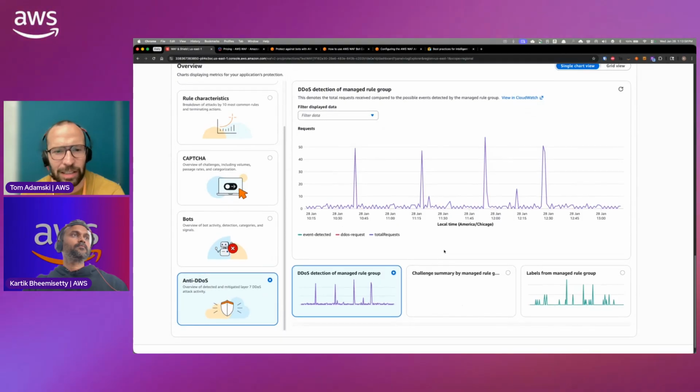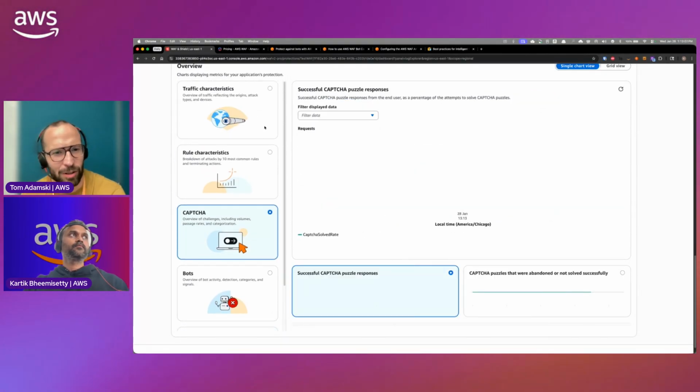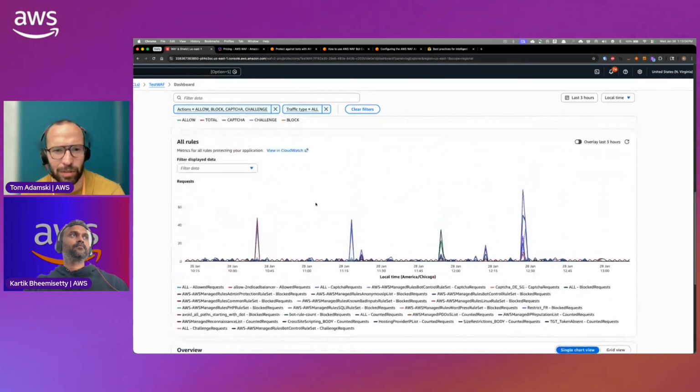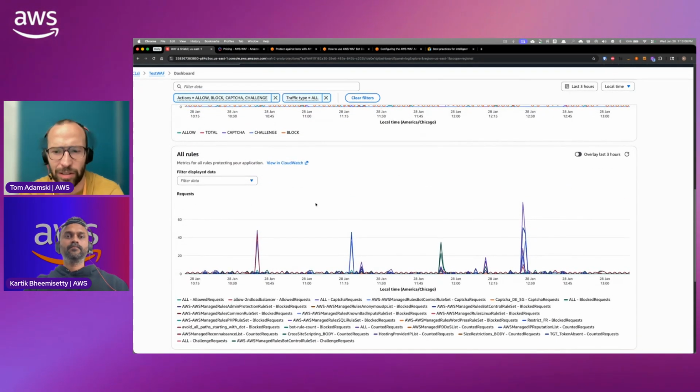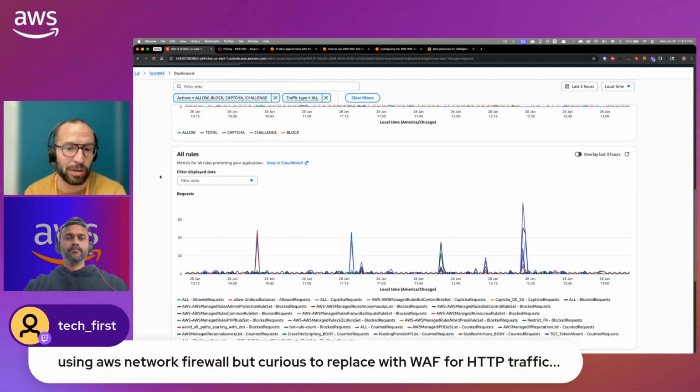Yeah, perfect. And then we do have quite a few comments in the chat, so I wonder if we want to tackle and talk through them and see if maybe you're going to be touching on some of those topics later on. Quite a few folks are using WAF. Some folks I've seen looking to replace network firewall with web application firewall, which is interesting.